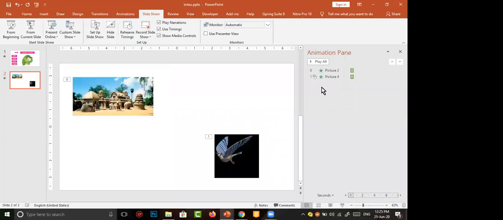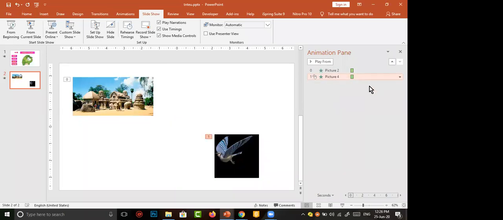So far, the second picture is not visible in our presentation. Then I click any button on my keyboard. The second appears. That means the one: when we click any button, this animation will happen.